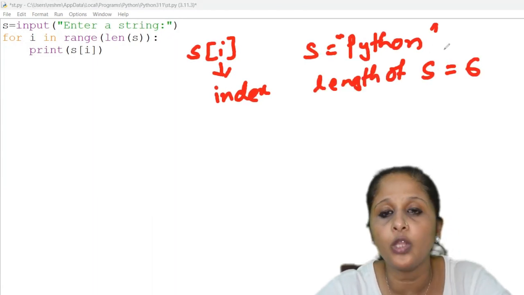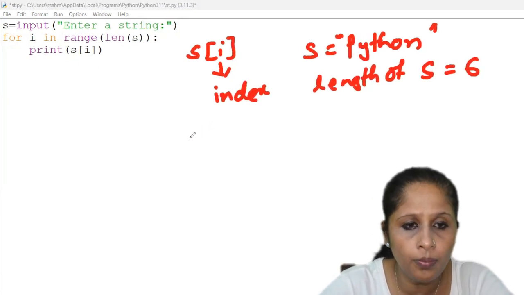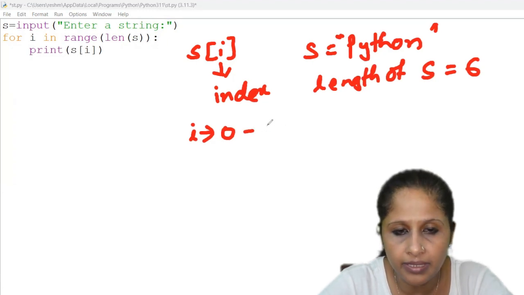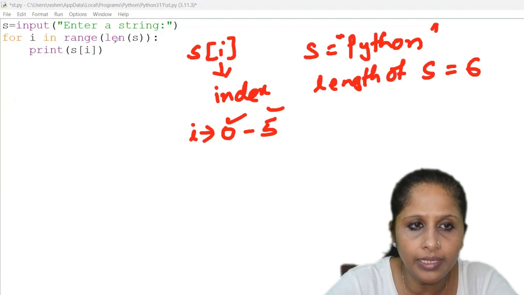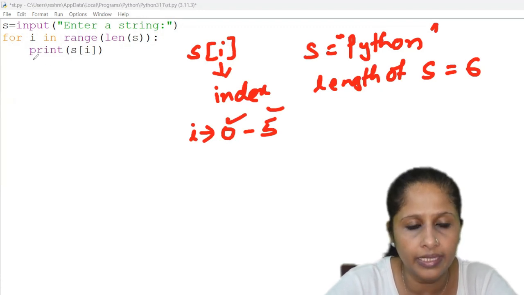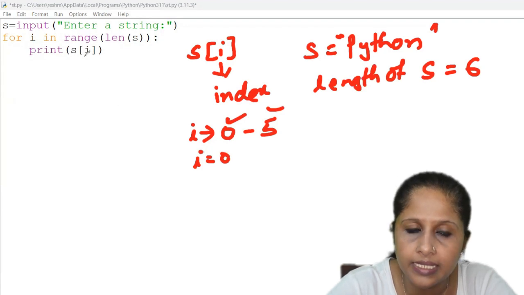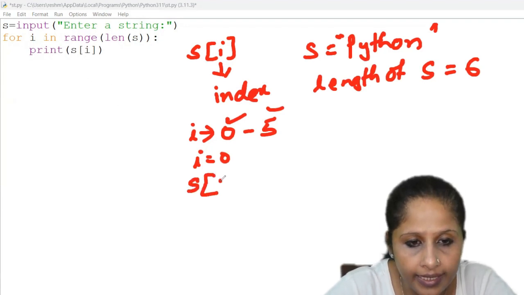That is, we have total 6 characters here. So here in this loop, i in the range of 0 to 6, that means 0 to 5, 0 and 5 are included. So for i in range, when i gets the value 0, it's coming inside print(s[i]). s[i] means s[0].